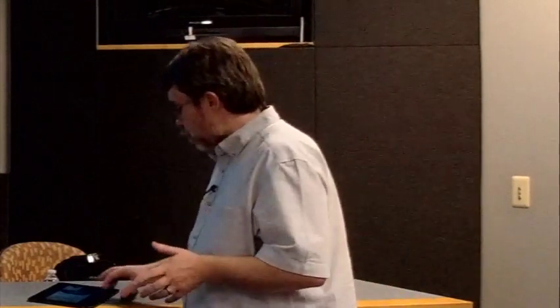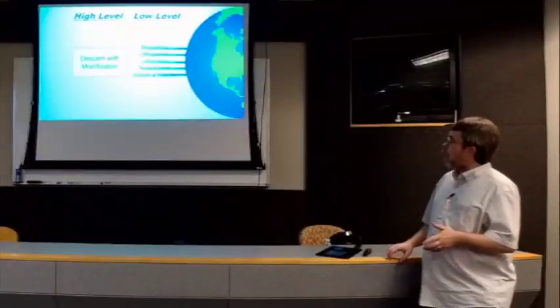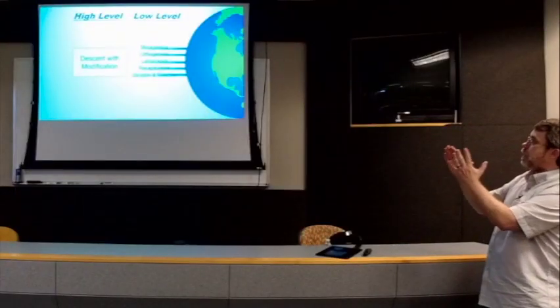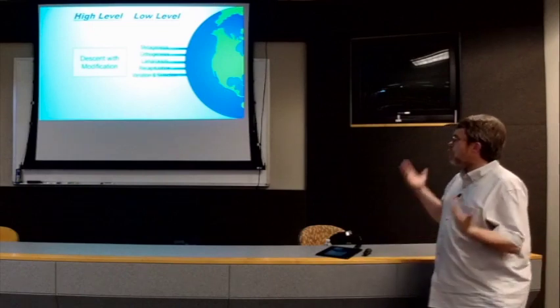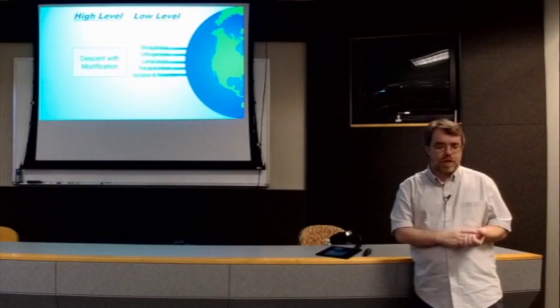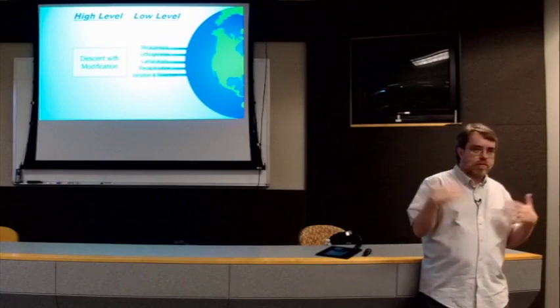Now, that still leaves you with an important issue, and that is, well, how do you get that descent with modification idea down to something that you can use, right? And over the history of evolutionary thought, there have been a number of proposals, and some of them I've listed here, some of them you've heard of, some of them I bet you haven't. They're pretty weird and obscure things that have been proposed. And the last one on the list, variation selection, that was Darwin's concept, and that's the one that sort of won the day. So, at least currently, has won the day.